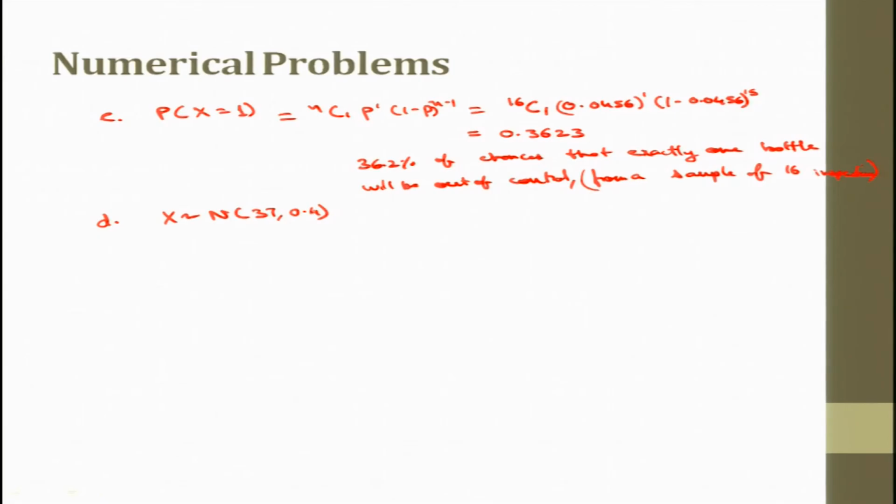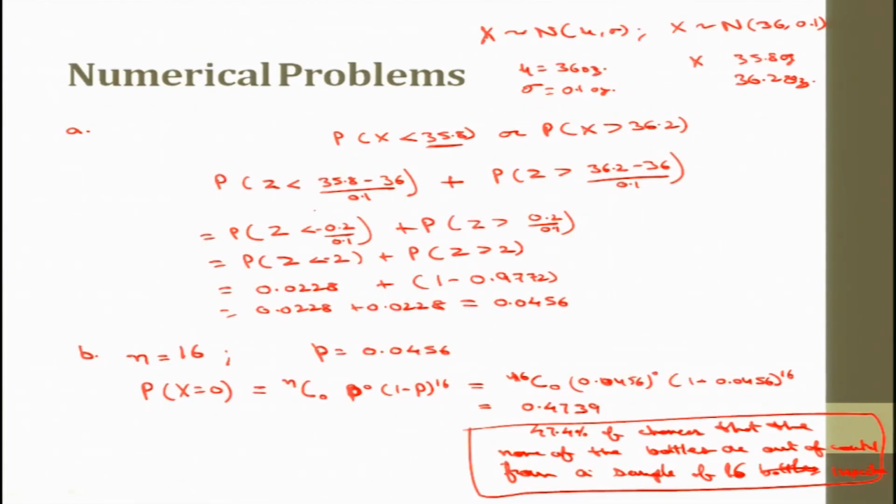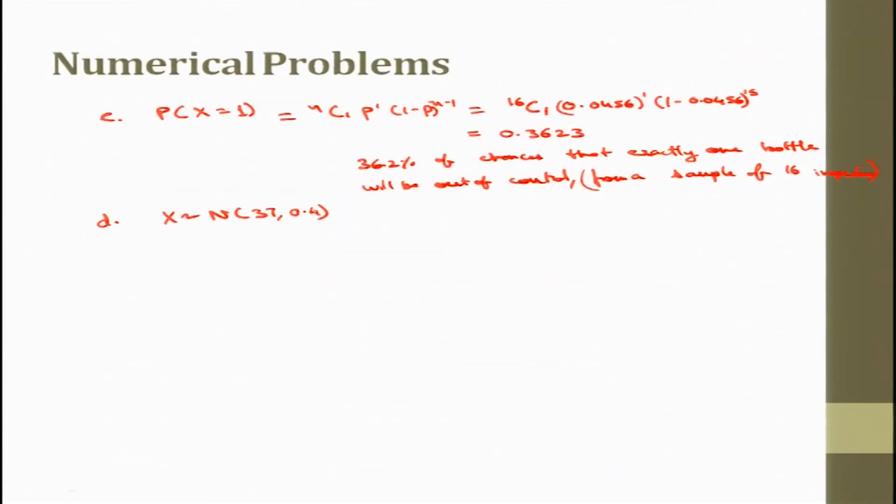I think we just need to do the calculations similar to question A. Only the values of mu and sigma are changed, and we can find the probability in a similar fashion. Now we need to find the probability for x less than